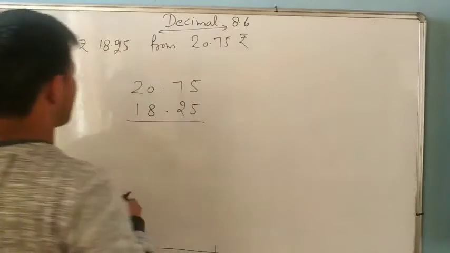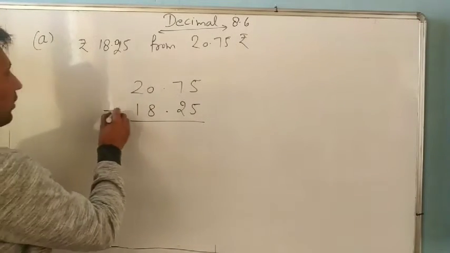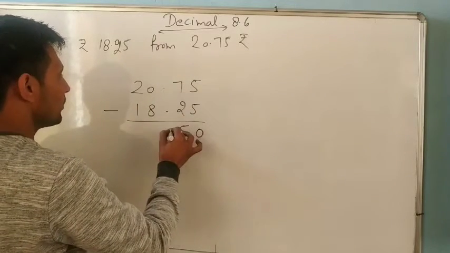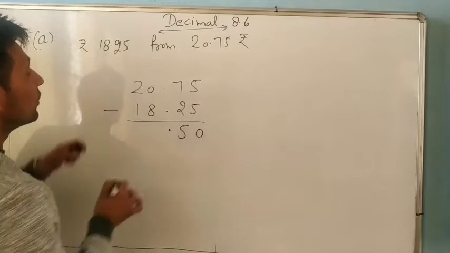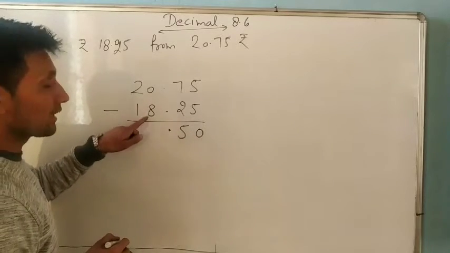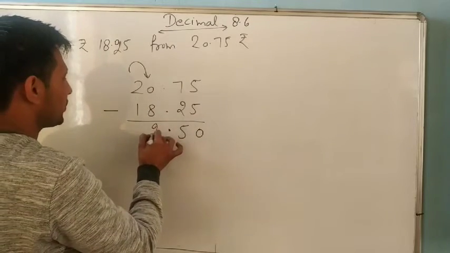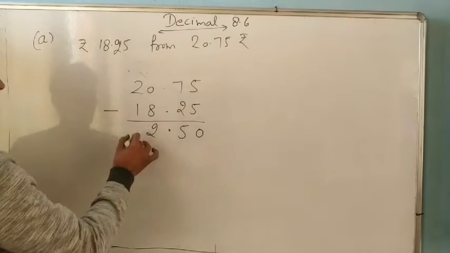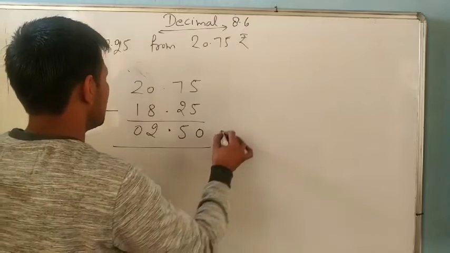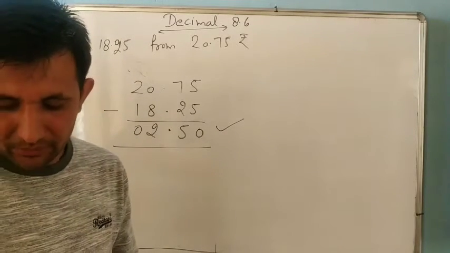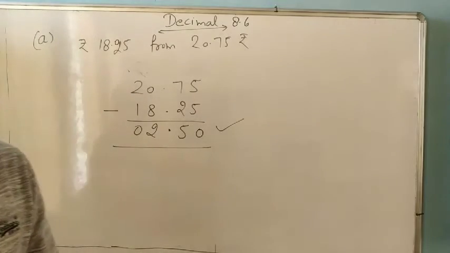So now we have to subtract. Now 5 minus 5 is 0. 7 minus 2, 5. Now this 0 is smaller than 8. So 1 is carried from here. So it is 10. 10 minus 8, 2. So how much remains here? 1. 1 minus 0, 0. So what is it? 2.50. Understand it? Rest of the part do yourself.